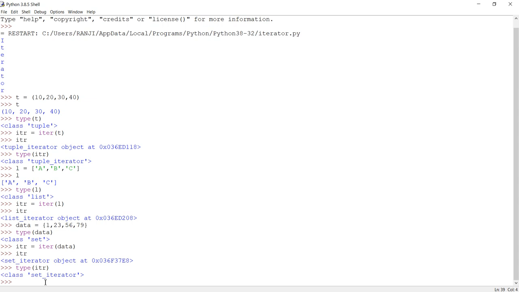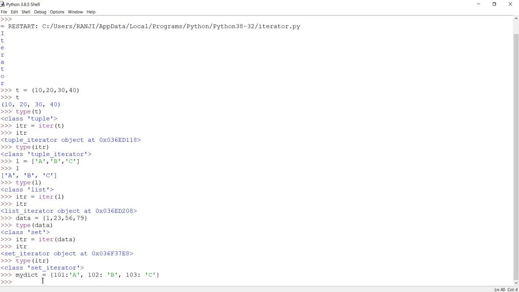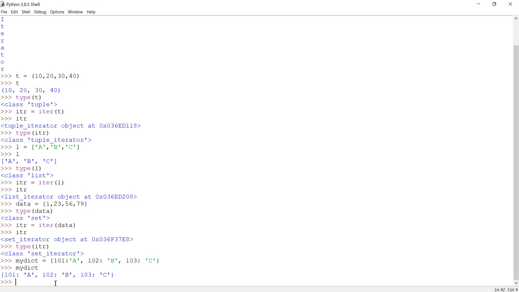And let us do one more activity with the dictionary. So say my dict, and in my dictionary I have the elements in this way. So I have 101, and with colon I have A, with 102 colon I have element B, and with 103 I have element C. Okay, and if I just print this my dict, so it will basically print the dictionary.